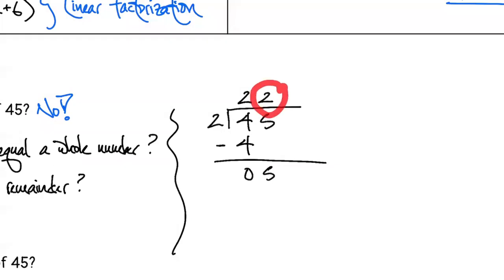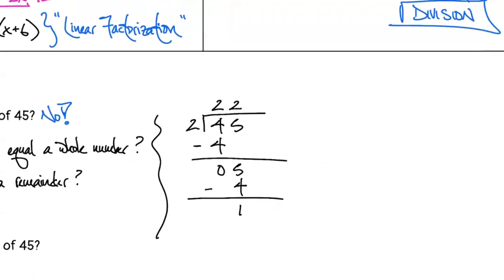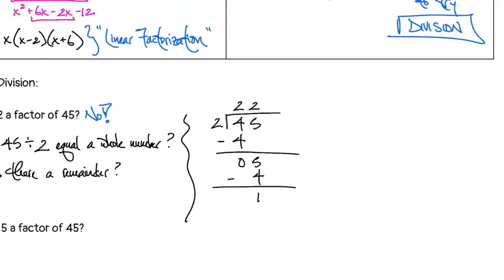So this 2 times this 2 is going to give me 4. But now I'm going to put a 4 right underneath that 5. Right? We're going to subtract: 5 minus 4 gives us 1. What this tells us